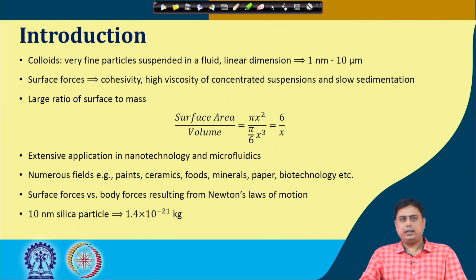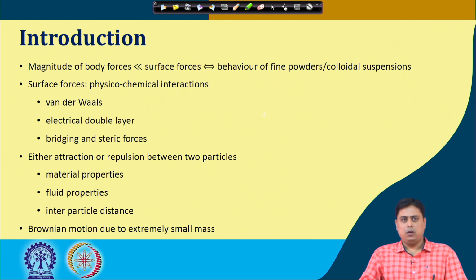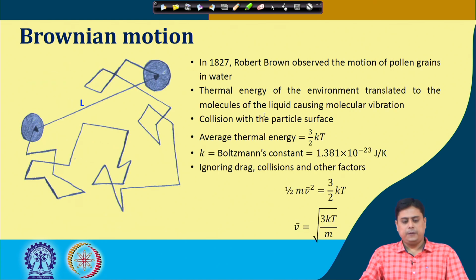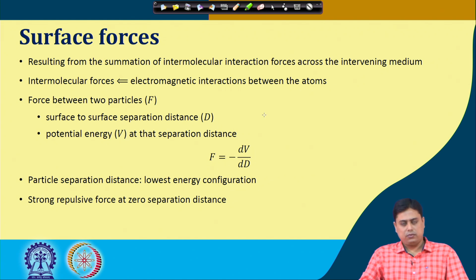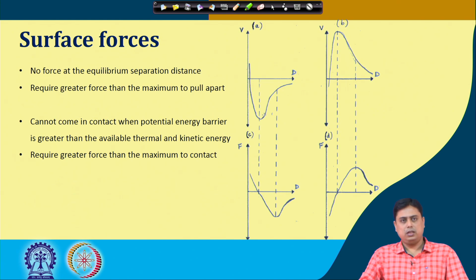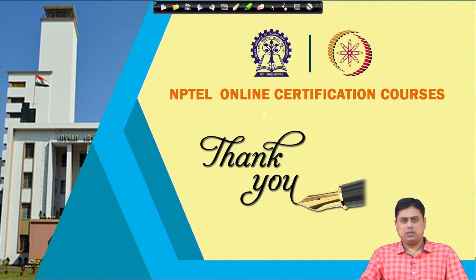the colloids and the nanoparticles. Why are these important? Its utility, why it is different from, say, when we talk about fine particles, and what is so specific about the colloids and the nanoparticles. Again in this case the main thing that is involved is the Brownian motion, because of its very small size. Different surface forces become dominant in this case, how to estimate the surface forces,